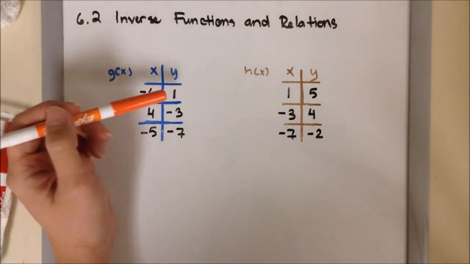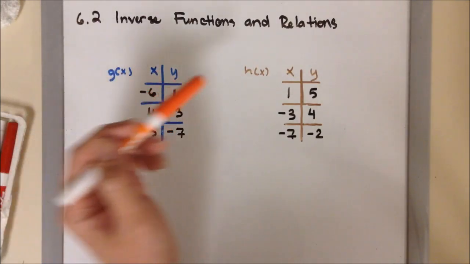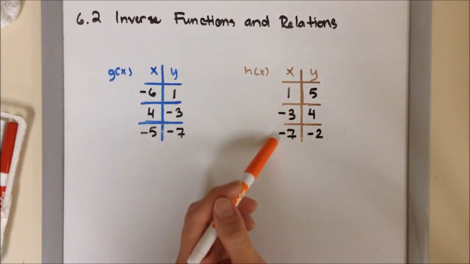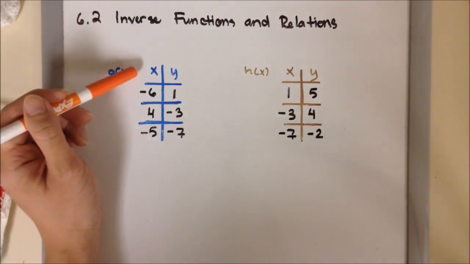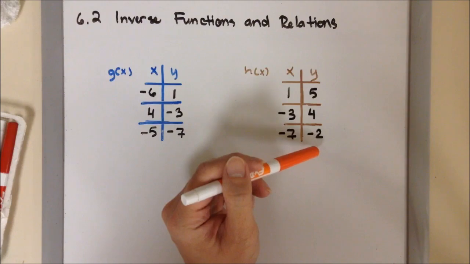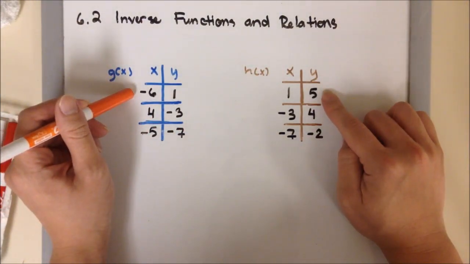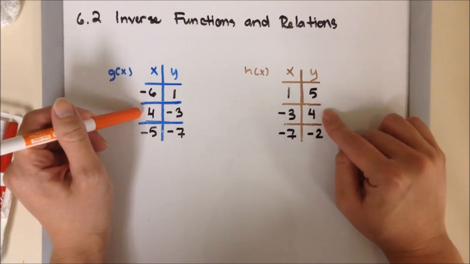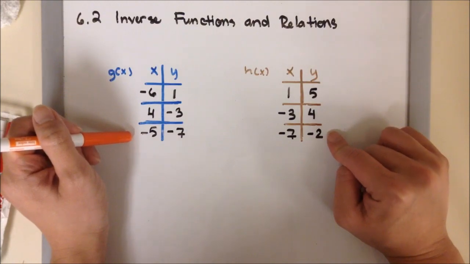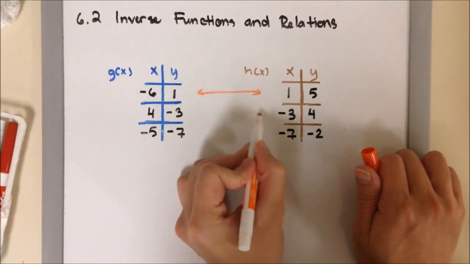So let's take a look at the y values. 1, negative 3, and negative 7. They must be the same as the x values for the second function, which is 1, negative 3, and negative 7. Then let's take a look at the x values. They have to be the same as the y values of the second function. So negative 6 and 5, that's not the same. Even though the second one is the same, we can also see that the third one is not the same. So if we closely examine each coordinate point,